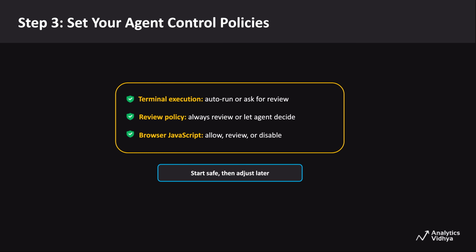This is one of the most important parts of the setup. Here, you decide how much freedom Antigravity should have while working. You can control how terminal commands are handled, whether action should always be reviewed, and how browser JavaScript execution should be treated. A good starting point is to keep things safe and review first, especially if you are using Antigravity